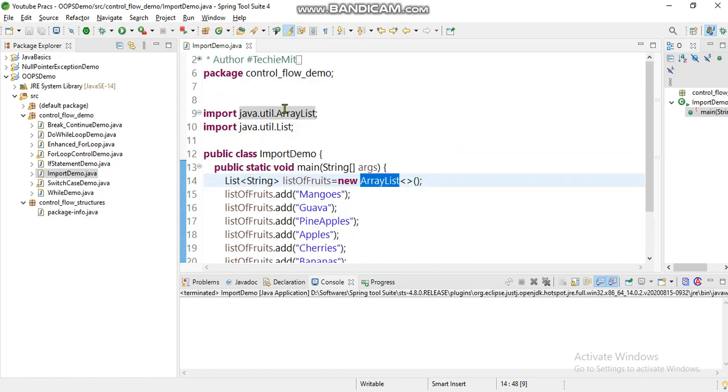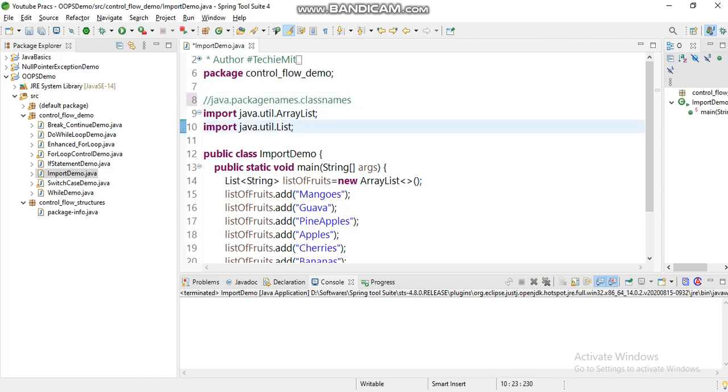Now see here, as per the convention, it's first the Java keyword import, followed by the package name, followed by the class names. So for defining the import keyword, this is the hierarchy.